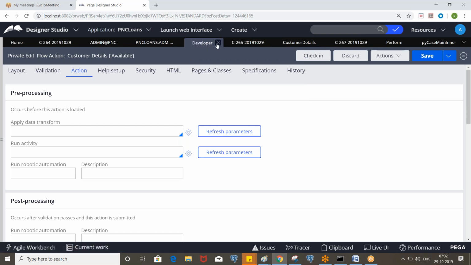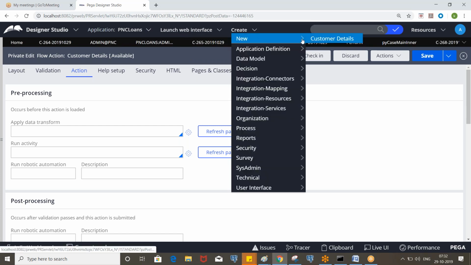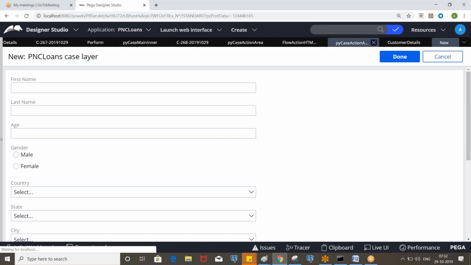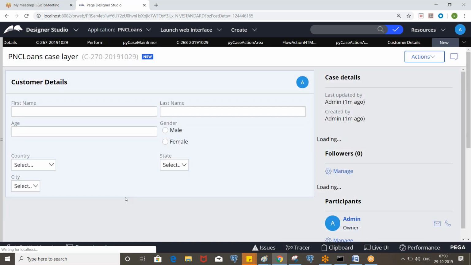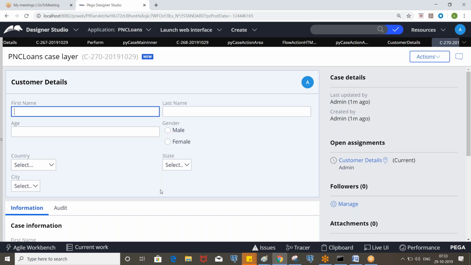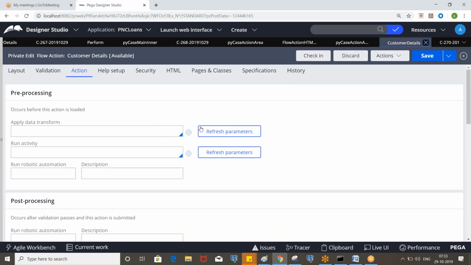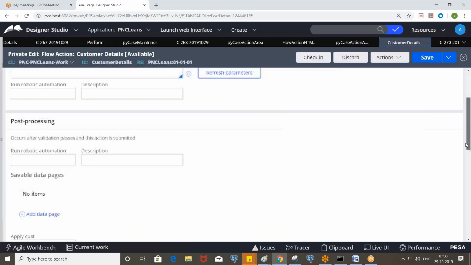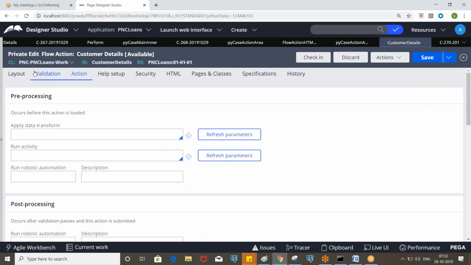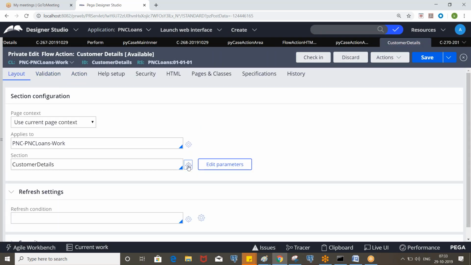We have enabled the checkbox called hide the default buttons, and you see everything except the PY case action area buttons. Because we have enabled this option, we need to put the buttons in the corresponding section.